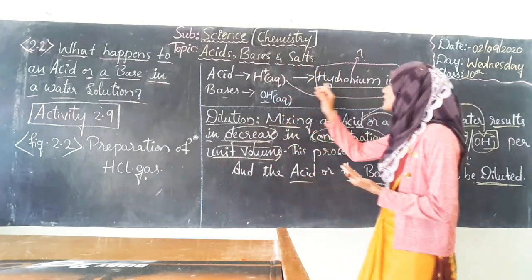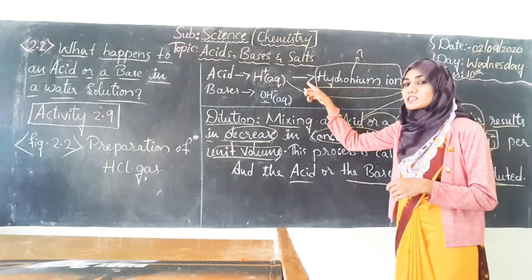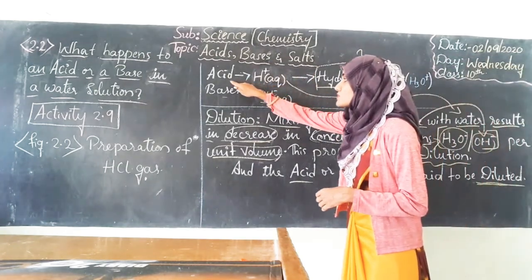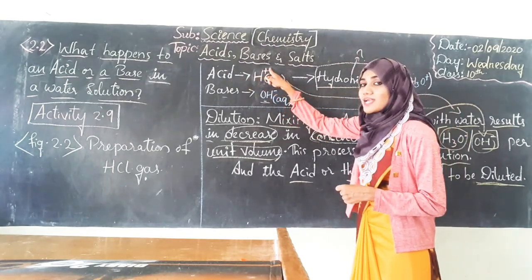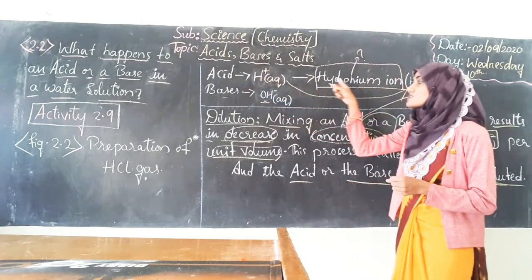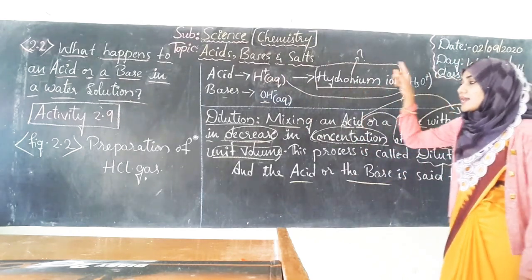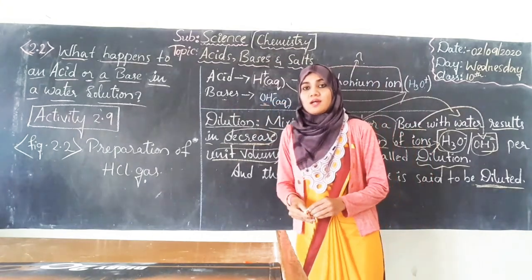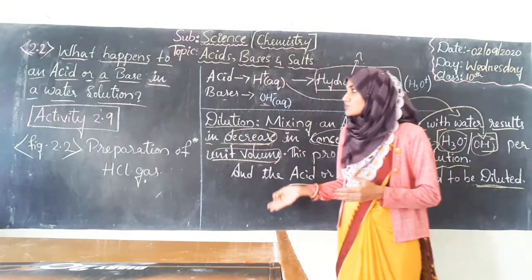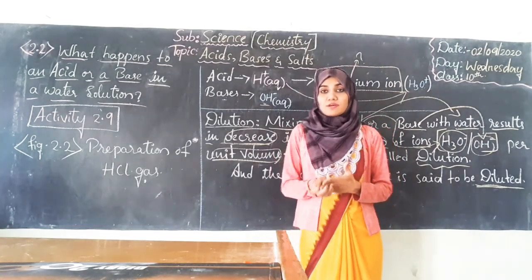Okay students? So today we have gone through the two reactions by conducting two activities, and also we have learned about the hydronium ion. Do remember these words. The liberation of H+ ion in the aqueous solution by an acid is called hydronium ion, whose formula is H3O+, and bases will generate OH- ion in the aqueous solution. Go through the topic today, which was explained very well, and remember all these points from the point of view of examination.